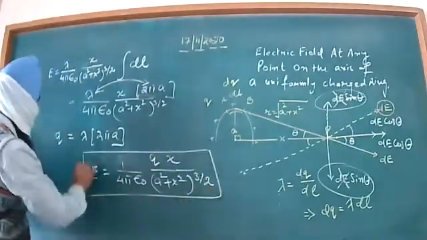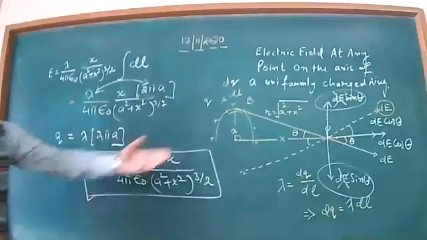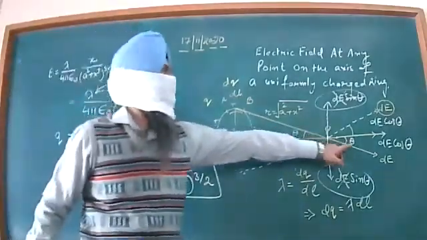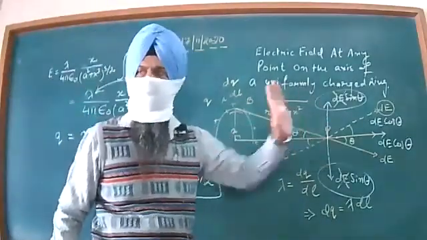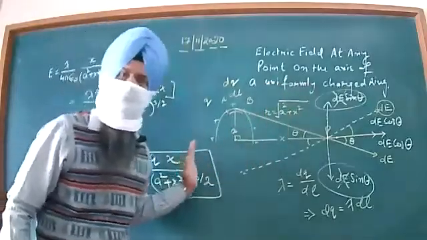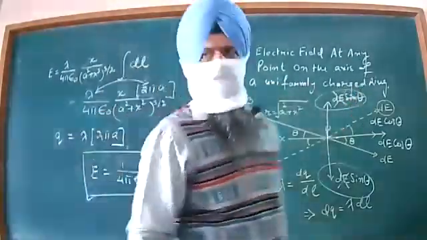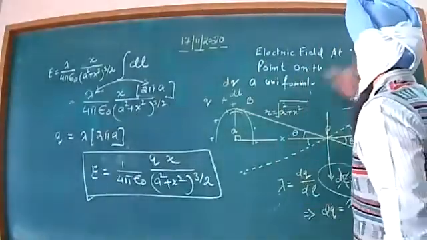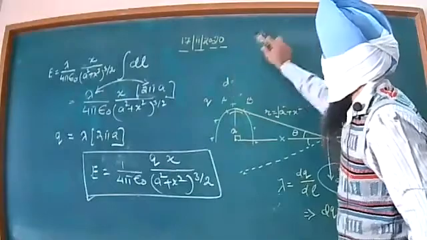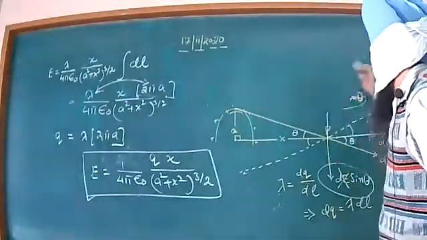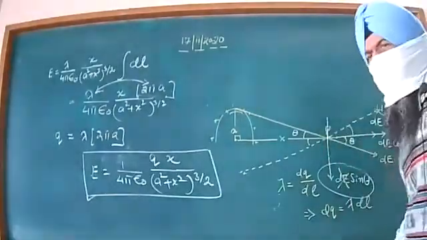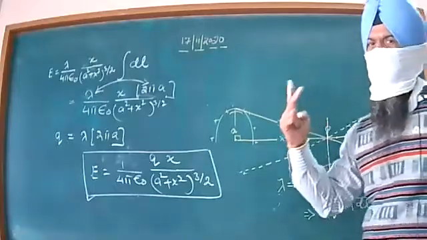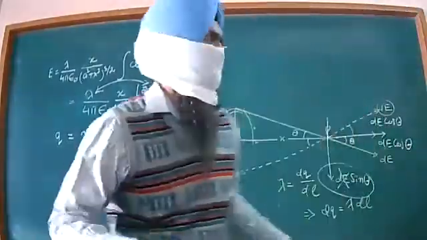So this is the magnitude of the electric field intensity, and the direction we have indicated in the diagram itself, that it is along the axis directed away from the ring. Now, furthermore, beta, sometimes special situations arise, if our observation point is at the center and if it is at a very, very large distance. These are the two special cases we are having with us, beta.